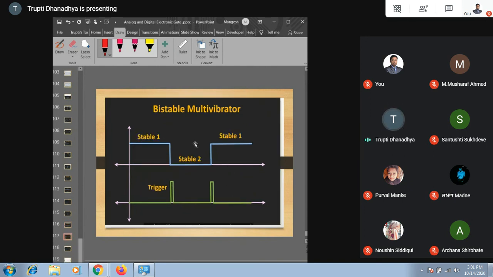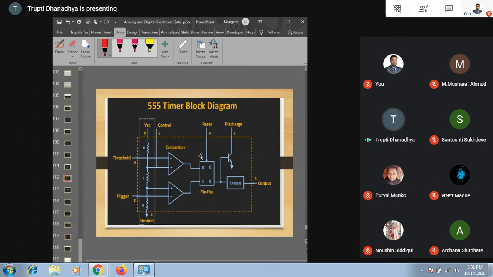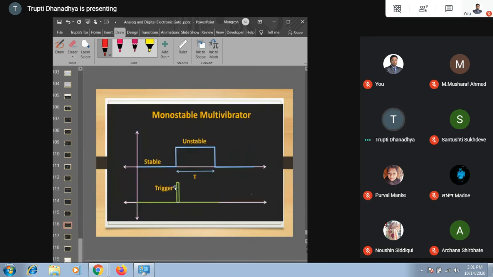Then bistable. Bistable means there are two states, zero and one, and both are provided by triggering your circuit. I will show you how to trigger the circuit. Here in IC 555, the triggering is provided. In the practical way, how do we provide this triggering? By using a function generator, we can trigger the circuit. Pin number 2 we can trigger by using the function generator.